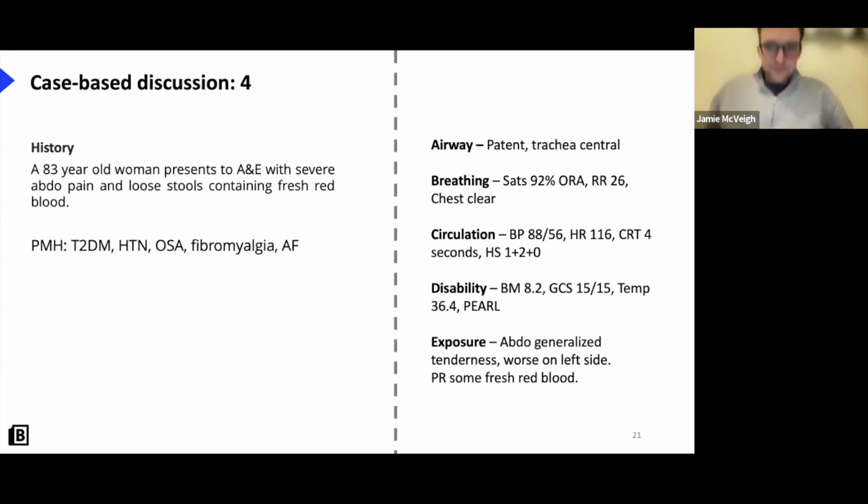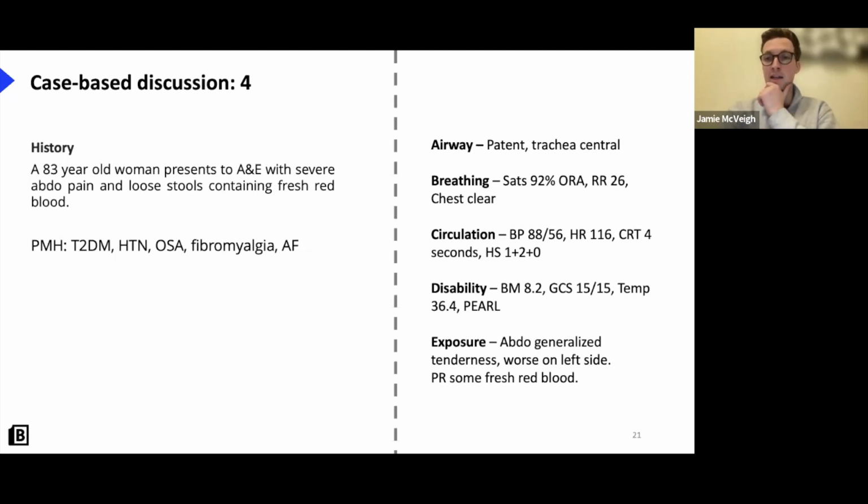So the first thing to do here is we acknowledge that we've got an unstable patient, and they need to be stabilized before anything else can happen. So hypotensive and blood in stool. Get a bit more history about the blood in the stool, and you find out that it's quite a lot of blood. At this point, you'd probably